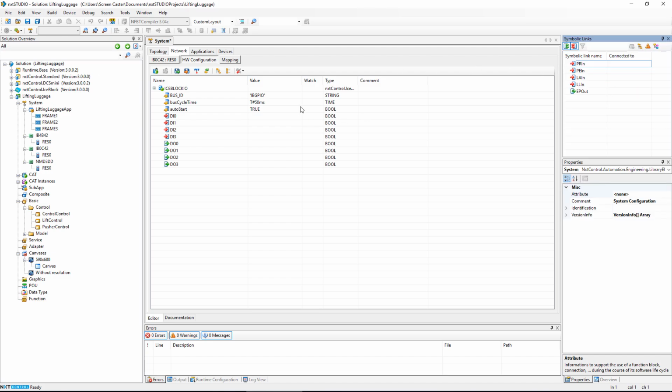Okay. Retracted, extended, lift arrived, and luggage arrived and luggage lifted, and there's only one output. It's connected to the first one. Okay,